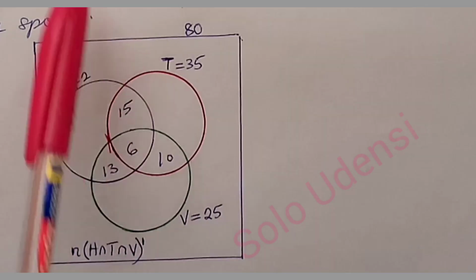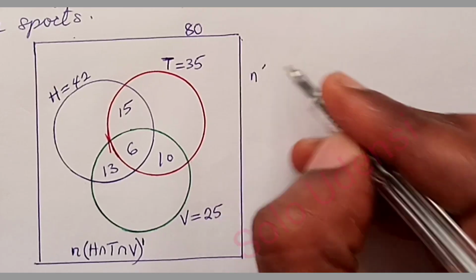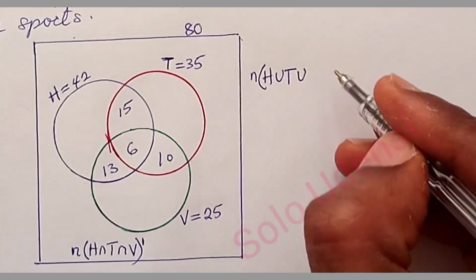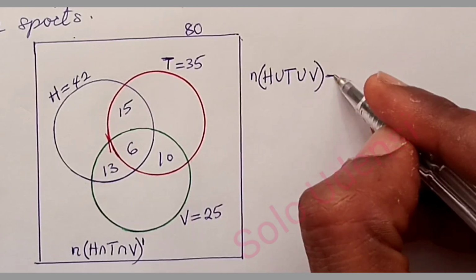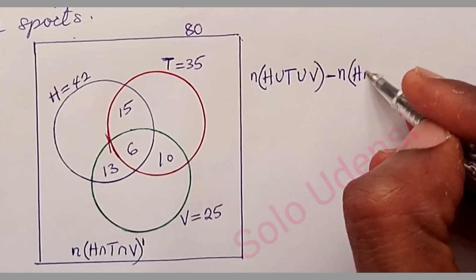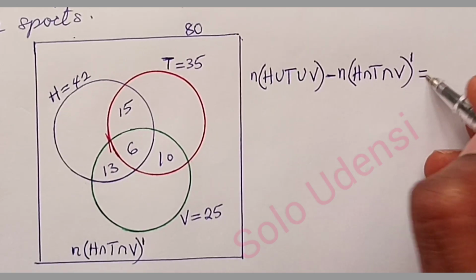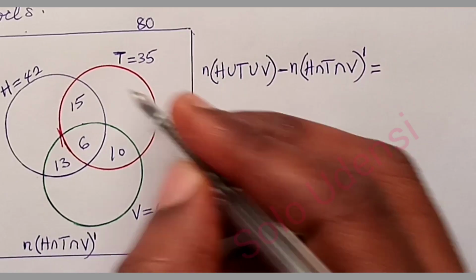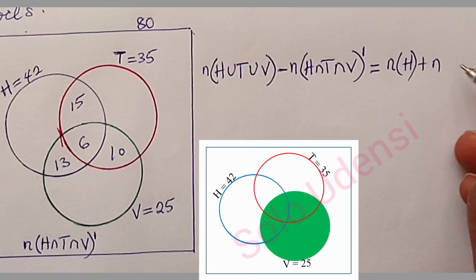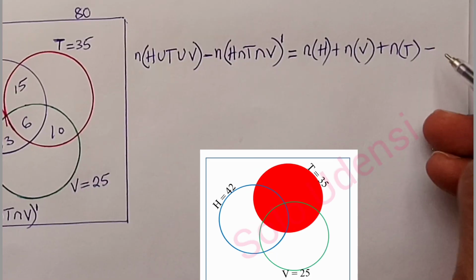So if we want to put it in writing, we now say that the number of people that are in the sports club, H union T union V, minus people that do not play, number of people that do not play, H intersection T intersection V complement, is equal to the number of people that play handball plus the number of people that play volleyball plus the number of people that play tennis